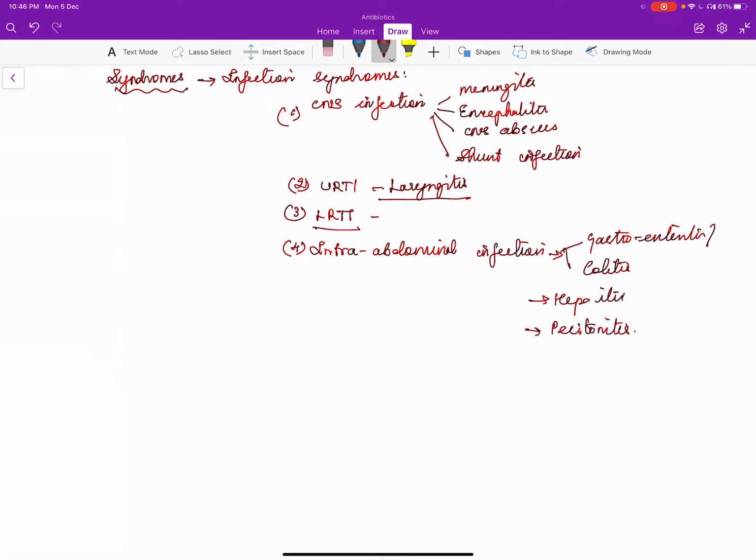I'm not telling all the syndromes. I'm just giving you an overview of how to classify the syndromes. Another important organ within the abdomen itself is the urinary tract. So UTI can be lower urinary tract, like urethritis or cystitis, or upper UTI. Upper UTI includes involvement of the ureter, the renal pelvis, or the kidney. Involvement of the renal pelvis is called pyelitis. Involvement of the kidney is called nephritis. Usually they occur together, so we call it pyelonephritis. The next stage of pyelonephritis will be a renal abscess,